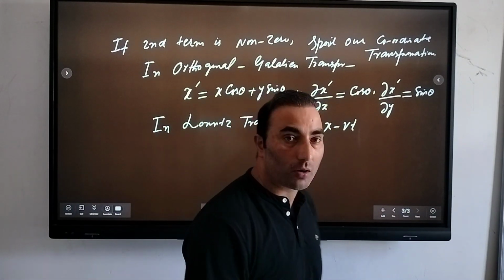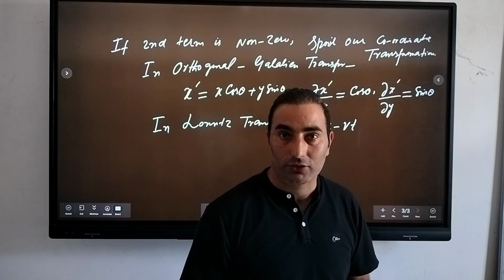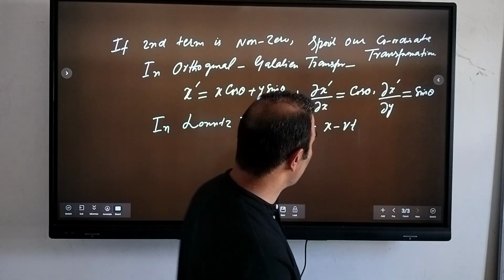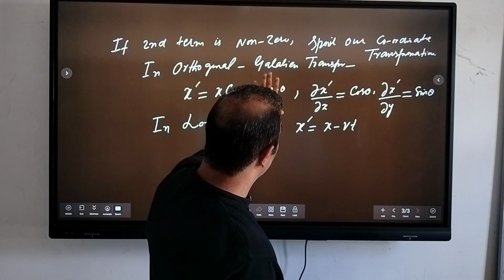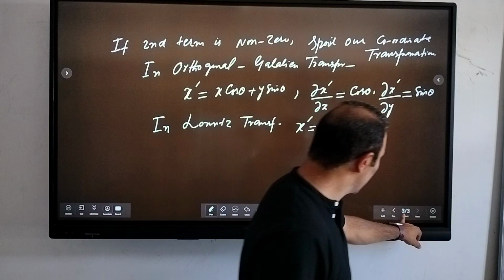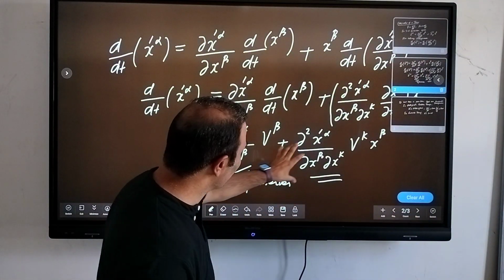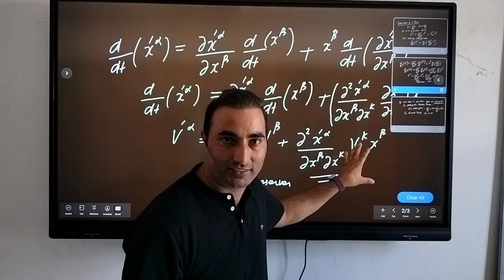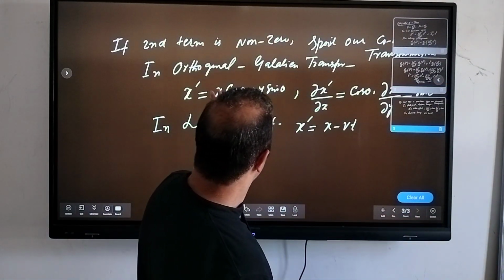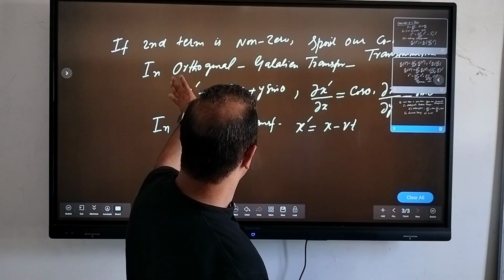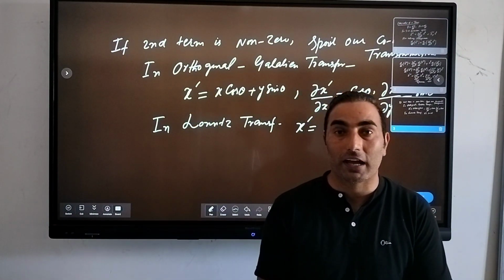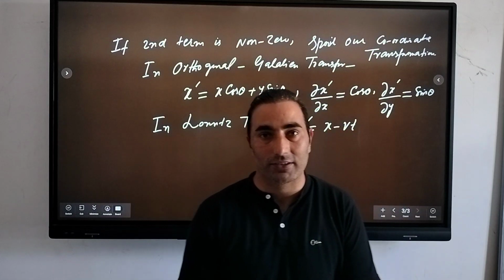In this case, if theta remains constant, then the second term in our derivative will be zero. So I can conclude that, for the orthogonal Galilean transformation or the Lorentz transformation equations,